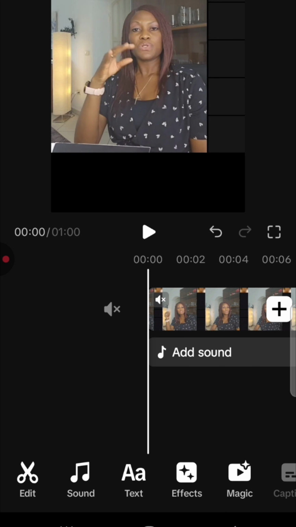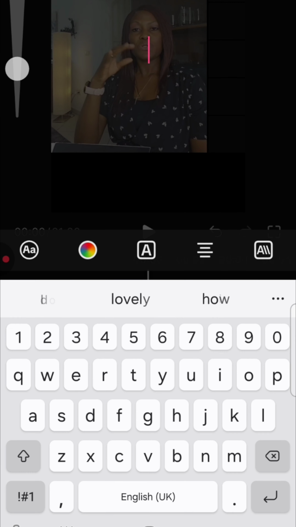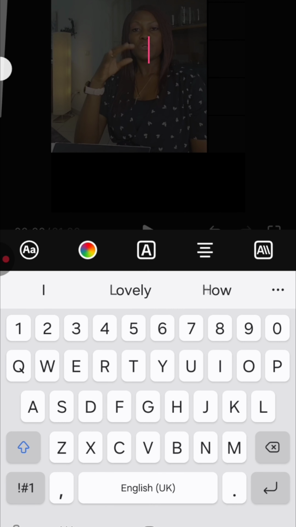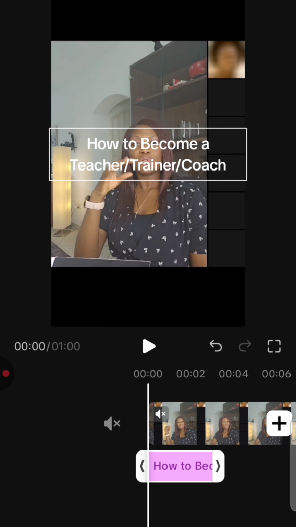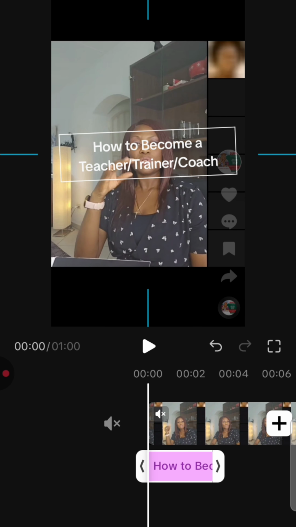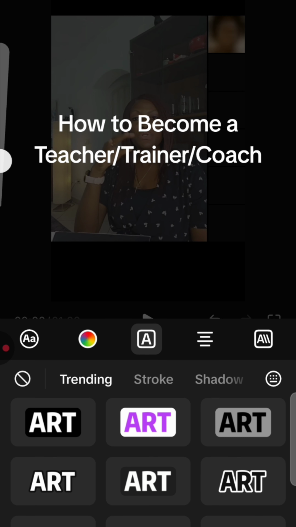Now let's add words on this screen. You click on that part. Now you can type. So I'm going to be typing here. By the time I'm done with this, I'll then reduce it. You just use your hand and reduce it. You want to put